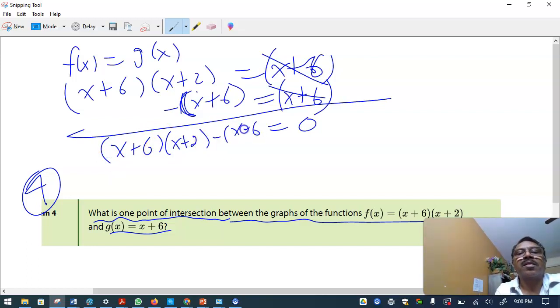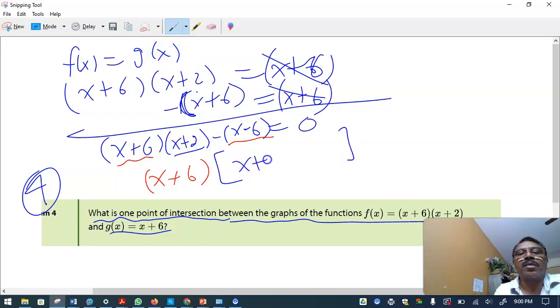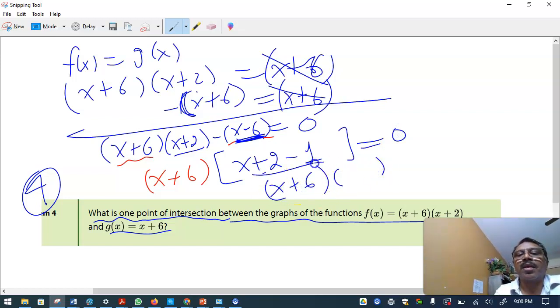And then you can clearly see this x minus 6 is the same factor which is multiplied. So all you do is pull it out. So undo the distributive property. When you pull out the red one, what stays inside is this x plus 2 and minus, because you pull out this whole thing, there's only 1 remaining and this whole thing is 0. Now you have x plus 6 and this will be x plus 1 equals 0, and use the zero product